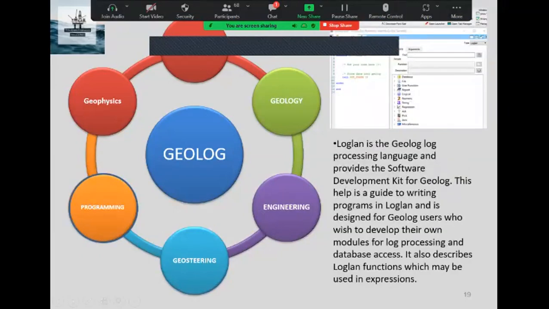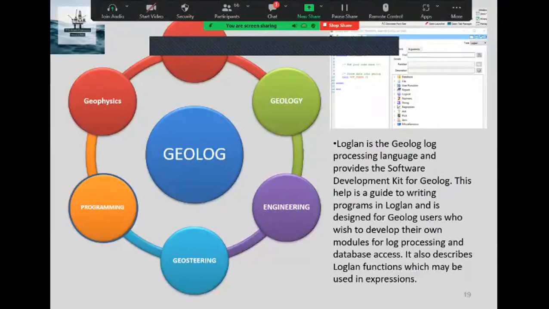Programming, or another name, Loglan, is the Geolog log processing language and provides the software development kit for Geolog. In recent versions, you can give Geolog Python codes.